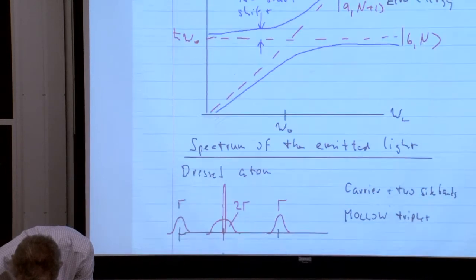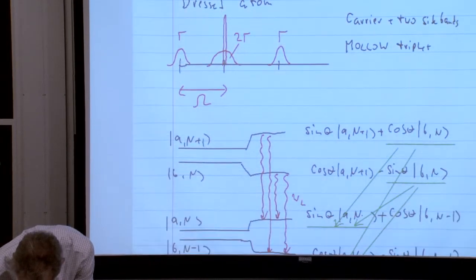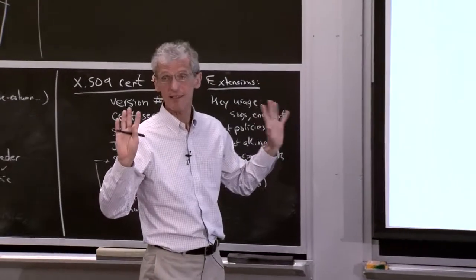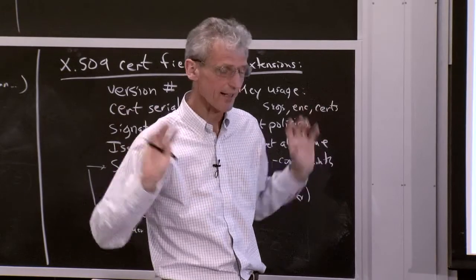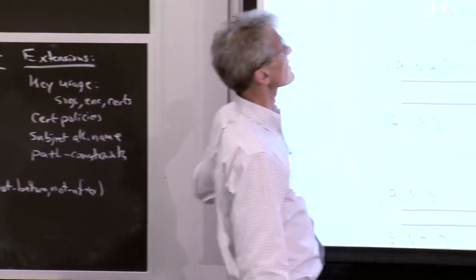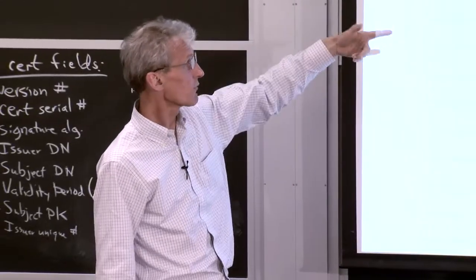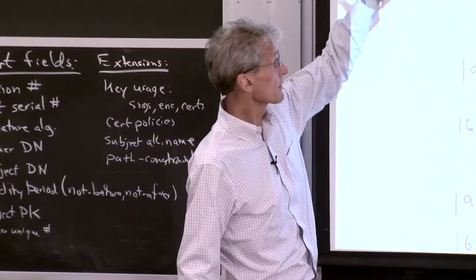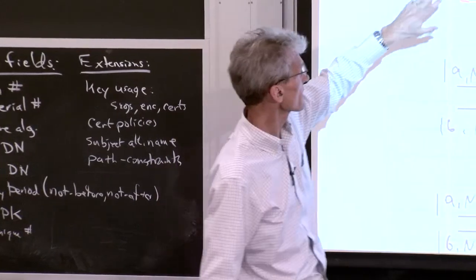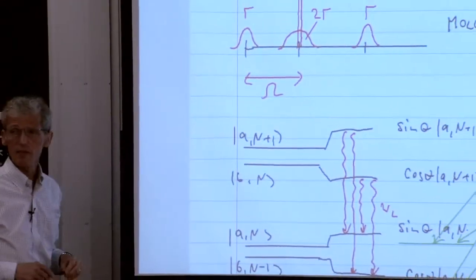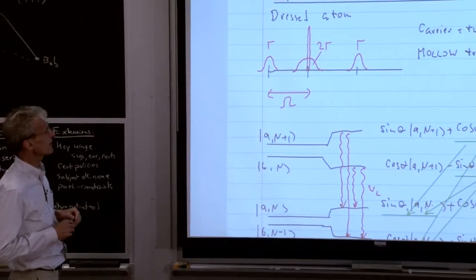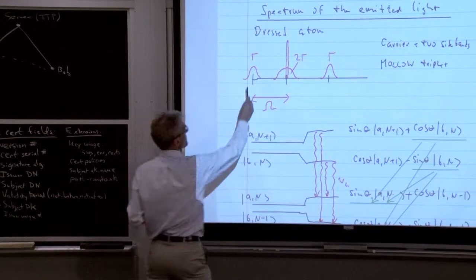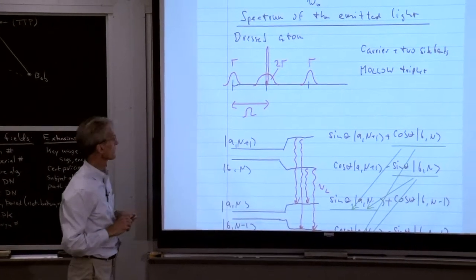Okay, now let's get some mileage out of it, and we will talk about light forces. That's really interesting, and I hope it's another highlight of this course to describe light forces in the dressed atom picture. But in preparation for that, I want to not yet introduce forces, simply figure out what happens in the dressed atom picture when the atoms scatter light. And you know already the solution. The solution is the Mollow triplet.